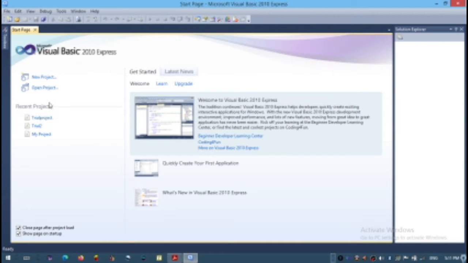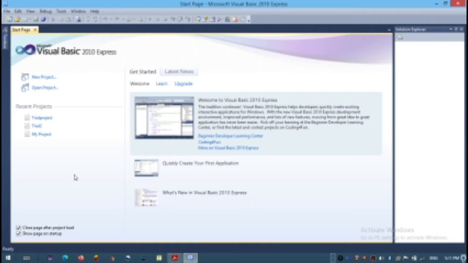It will also give us the list of recently opened projects, those projects which we have worked on in recent days. Now, there are two tick marks here: close page after project load and show page on startup.